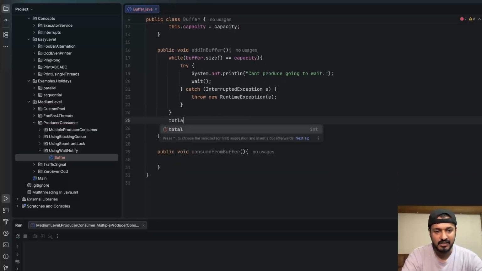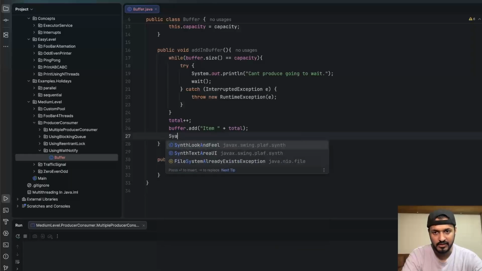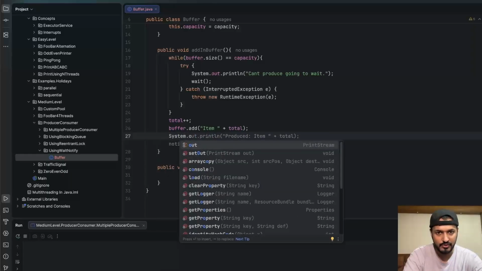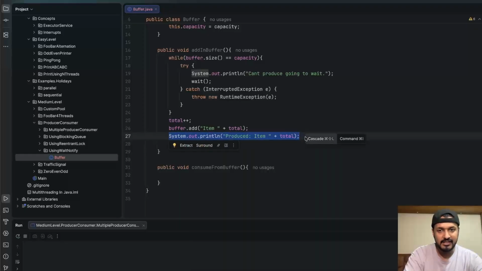First we'll increment this total plus plus, buffer.add item, what number is added, total, right? So item 1 is added, and then we'll go ahead and print system.out produced item, right? So we have produced an item and printed it, and then we did